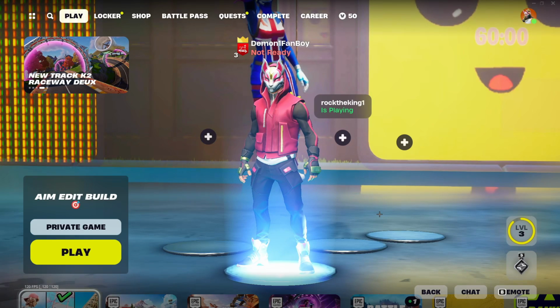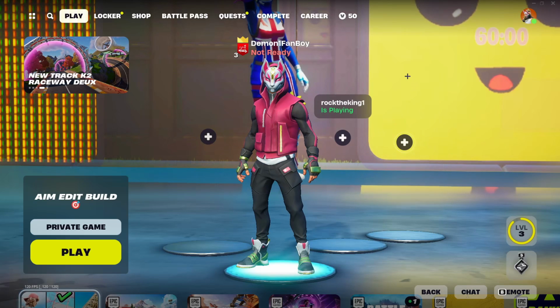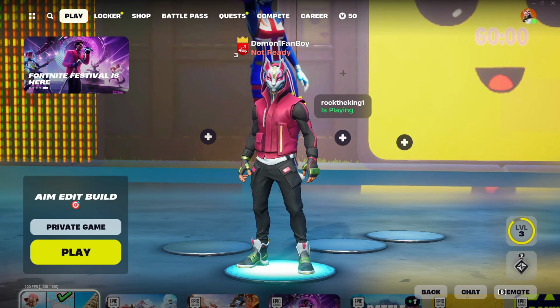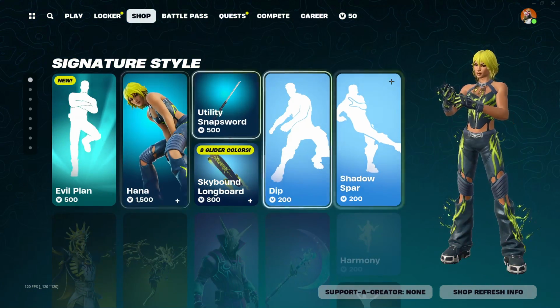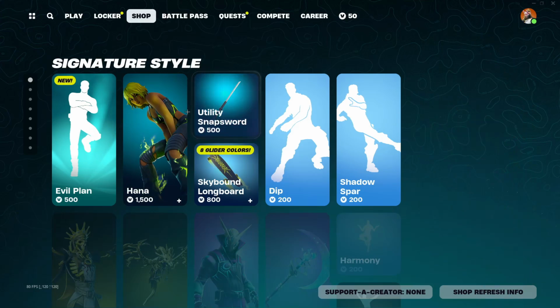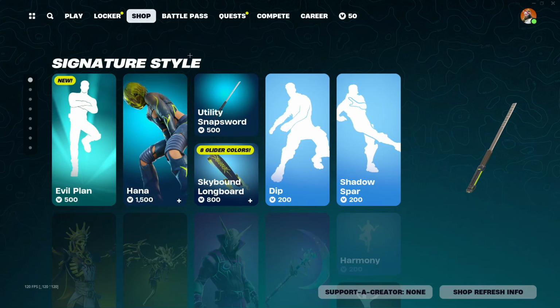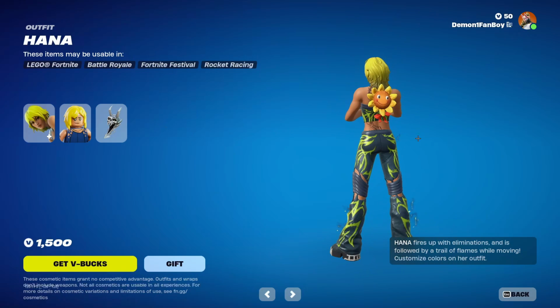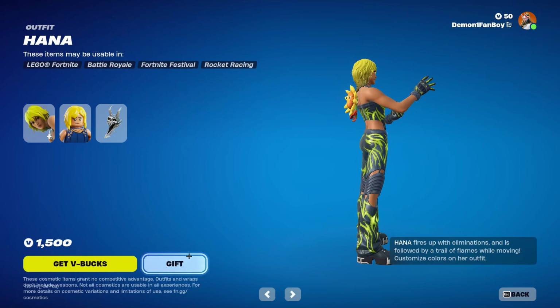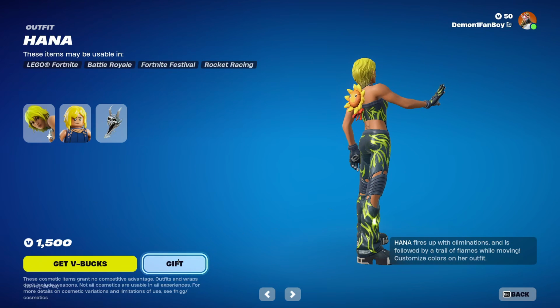So in today's video I'm going to show you guys how you can gift a Fortnite skin to your friend in Fortnite. So to do this you need to simply head over to the shop, and after you're in the shop you will see different kinds of skins and emotes and all of the stuff that you want to gift to your friends. You need to simply click on one of them, and after you've done that you'll see an option right here called gift. So you need to click on gift,